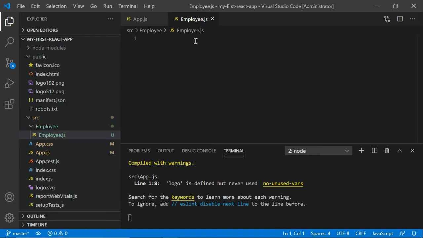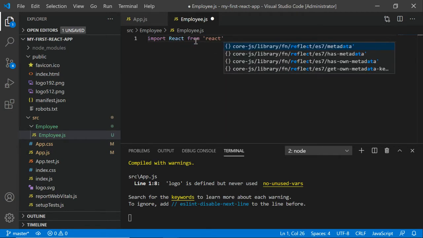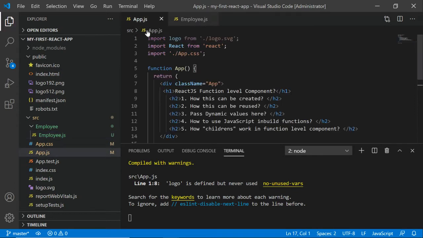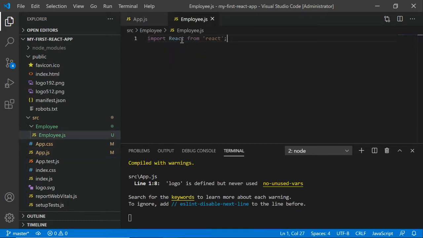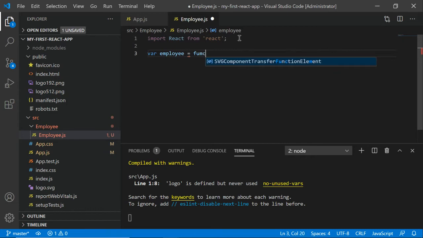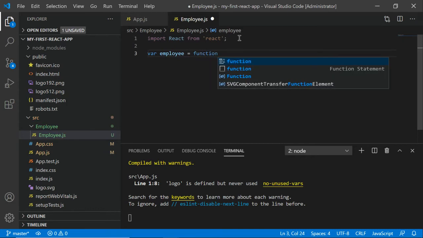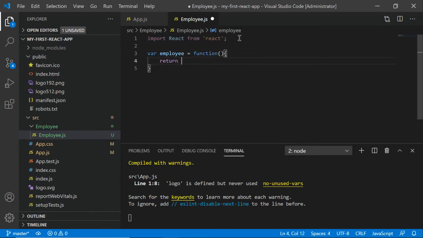Before I start writing the function level component, it is important that we import something. We have to import React. This is the same way you can see in the app level component, which was the default one. We are importing React, so similarly we need to import React first. Next, you can write a function like this, and return anything you want to return.